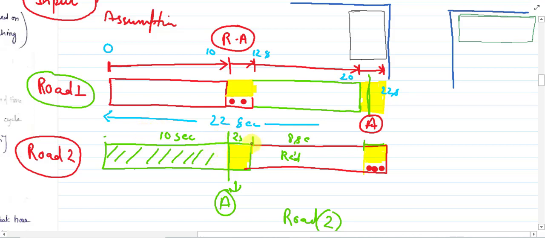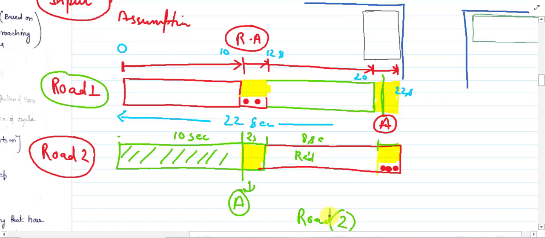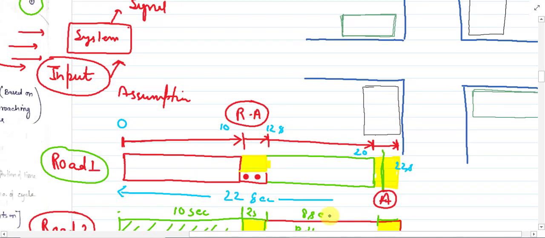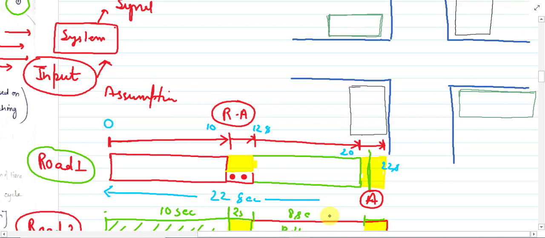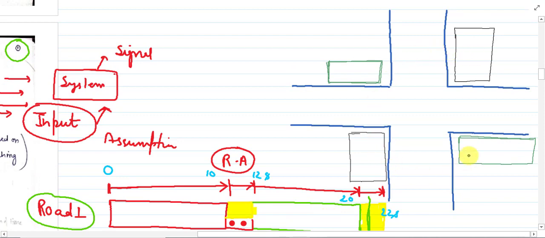Phase diagram is related to the signal phase condition. Okay, so I hope you are clear on this phase diagram. We have different phase diagrams also, like phase 3, phase 4, but that will be very complicated for the initial stage. So whenever you first learn the two-phase and the simple intersection which we designed here,